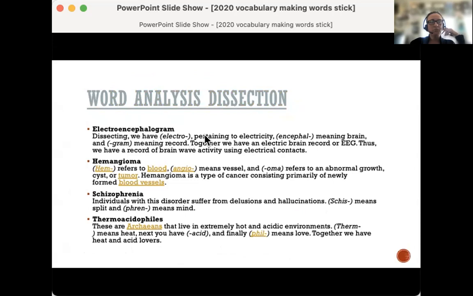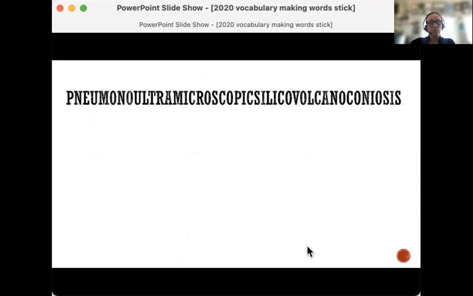electroencephalogram, right? Electro means having to do with electricity, encephal means brain, and gram means record. So together we have an electric brain record, or EEG, right? So that's pretty cool, breaking those word parts. It's super, super helpful. Oh, yes, I'm going there. So this is a word that you can literally dissect or look at the parts,